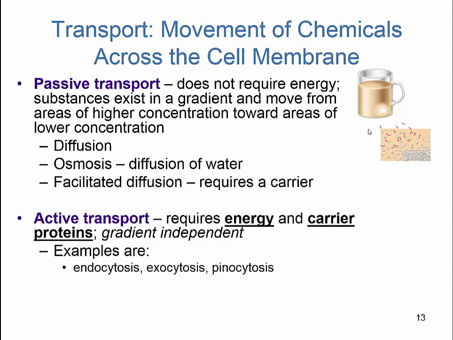The transport and movement of chemicals across the cell membrane take place by various passive transport mechanisms and various active transport mechanisms. When we talk about passive transport mechanisms, diffusion is the movement of a solute. Right? So a solute is either glucose, salt, whatever is dissolved in water, compared to passive transport for osmosis, which is the diffusion of water. So it's water moving from a high concentration to a low concentration. Diffusion is the movement of solute from a high concentration to a low concentration.